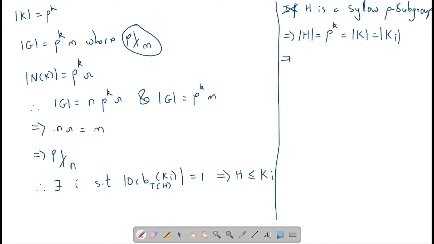So this will mean that the number of elements in K is equal to the number of elements in Ki,